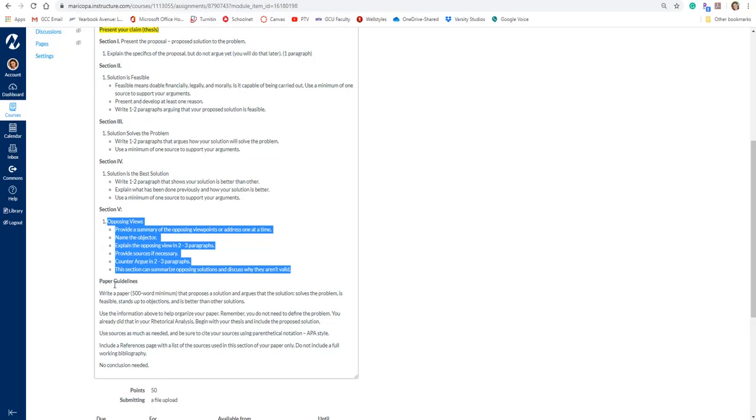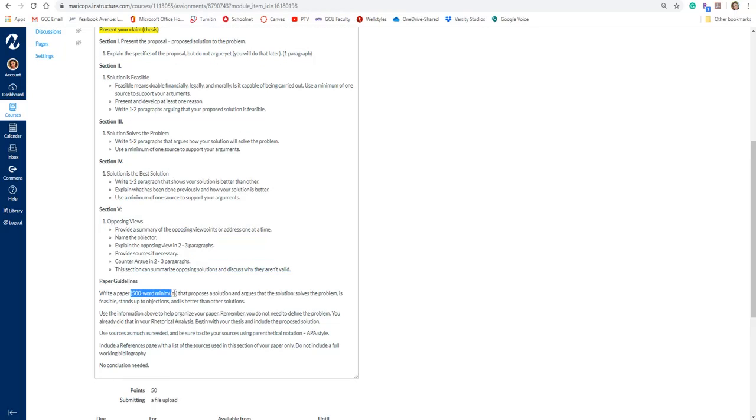So, how long is this paper going to be? Paper is going to be roughly 500 words. Okay? But the good news is if you get this 500-word paper written well, hopefully all of this stuff literally copies and pastes into the final paper that you're doing for your proposal argument research paper, okay, which is the next big paper that you're doing.